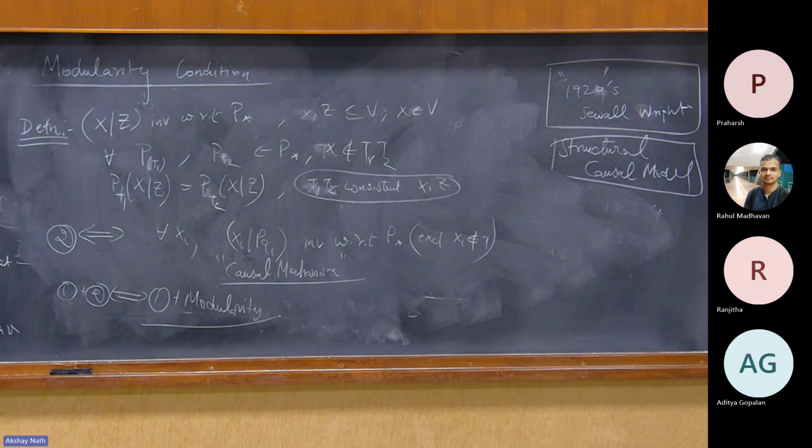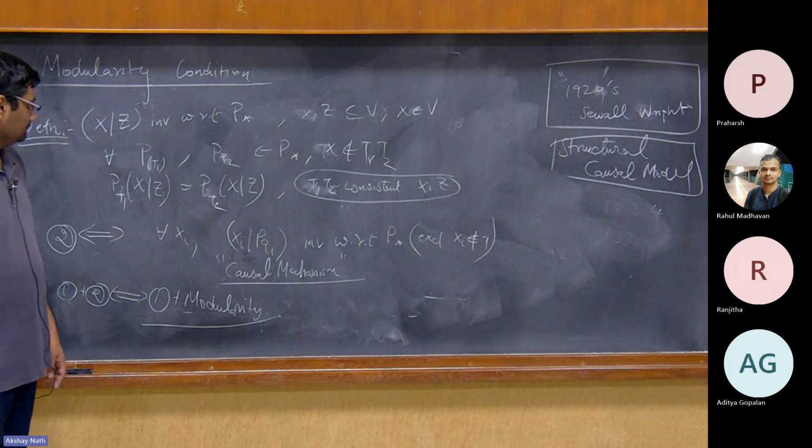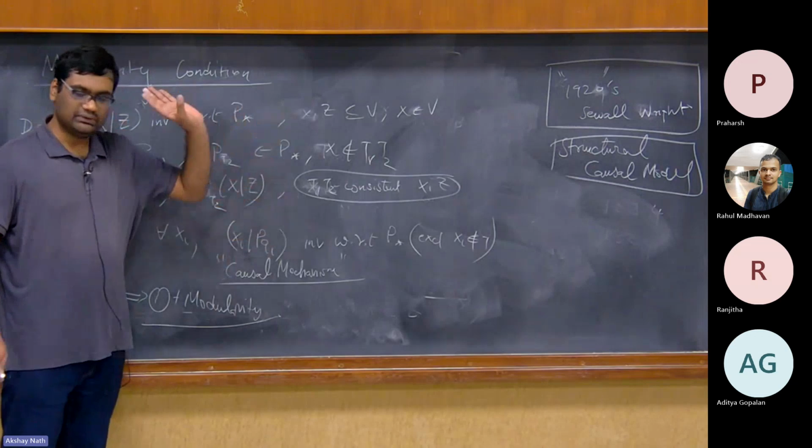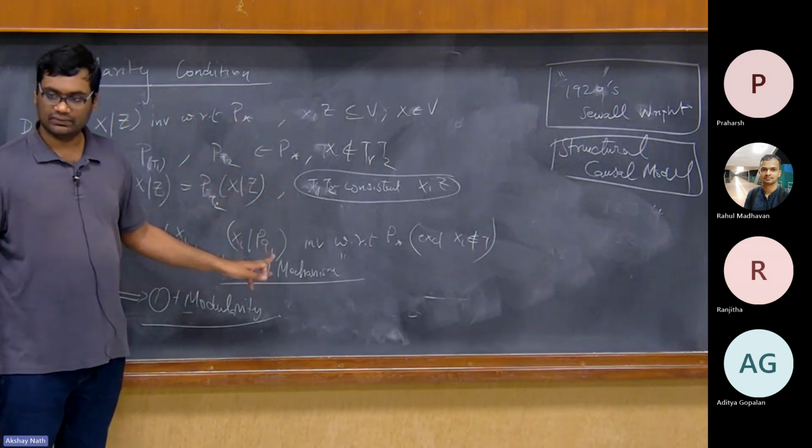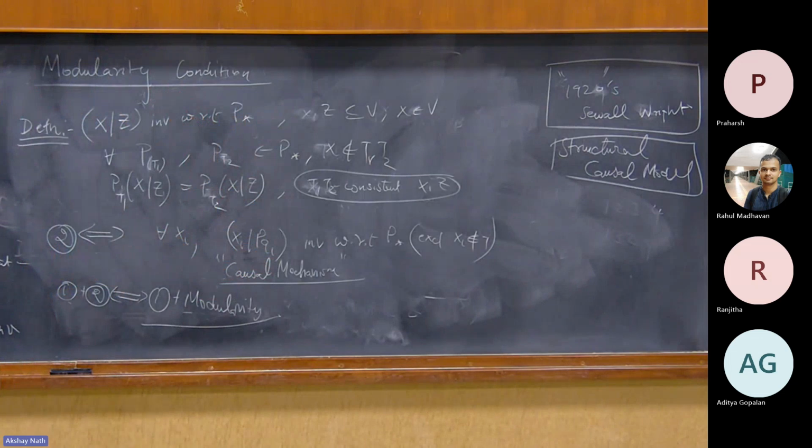That will bring me to the proof. Yeah, so we'll come to that later. So again, going back, CBN is the set of all P stars compatible with a G in the following sense. G is the set of all conditional independences. No, G is just parents of every I. And this modularity condition is the set of all such X parent, Xi given some Z. I am claiming the only Z that can satisfy this is parents, nothing else.